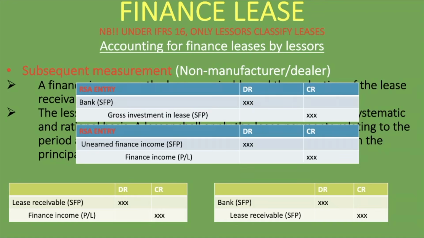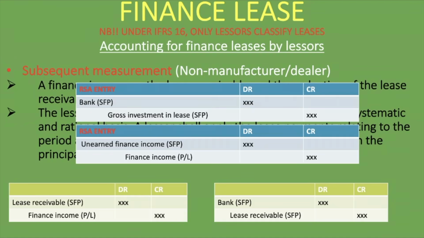It might be received at the end of the period. So that will determine how you do your journal entry. And we've gone through examples, and like I've mentioned, you'll find them in the links in the description below. And that is how you account for a finance lease from the perspective of a lessor who is not a